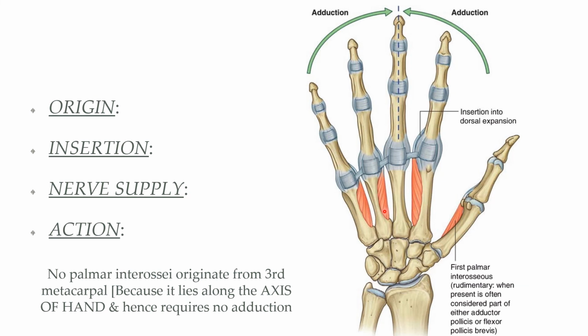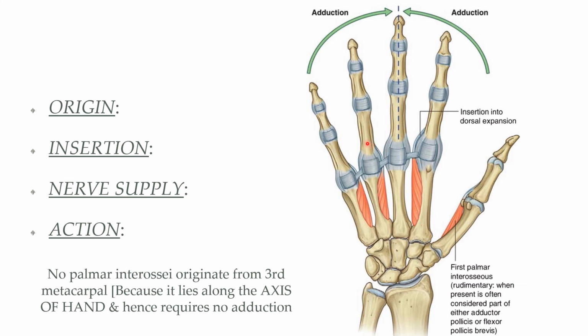The third palmar interossei takes origin from the radial side or lateral side of the shaft of fourth metacarpal. The fourth palmar interossei takes origin from the lateral or the radial side of the shaft of fifth metacarpal bone. Now, the palmar interossei partly insert over the base of the proximal phalanx and partly insert over the